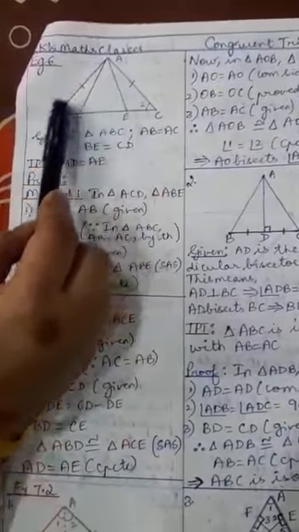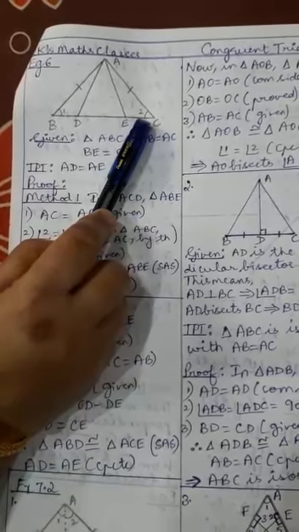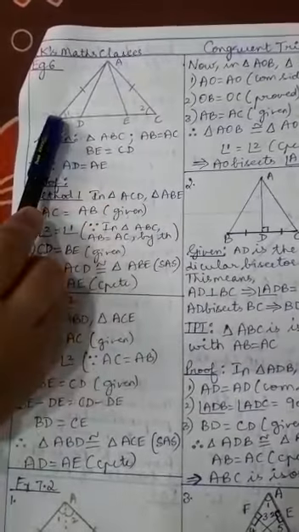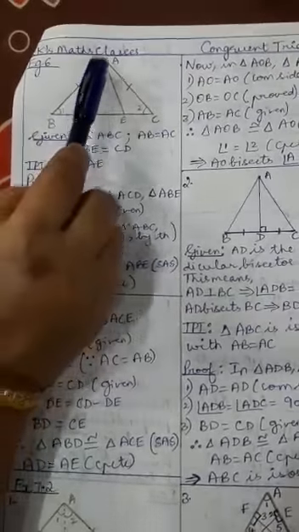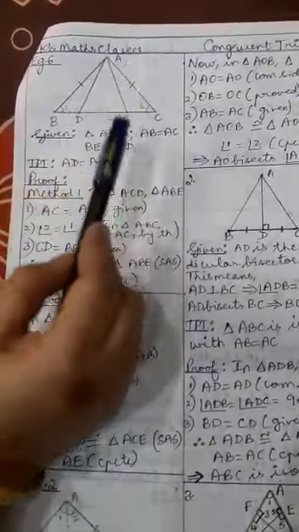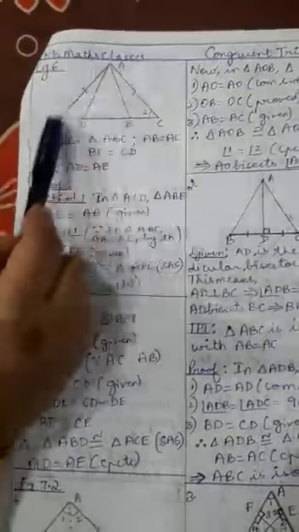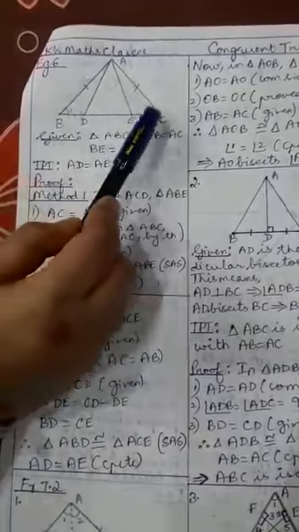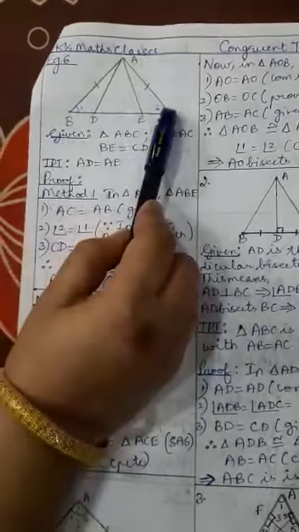So which is the angle opposite to AB? Angle C or angle 2. Which is the angle opposite to AC? Angle B or angle 1. I repeat, just see the triangle ABC without the line segments AD and AE to identify the opposite angles. So in triangle ABC, since AB equals AC, the angles opposite to AB and AC are also equal. So that gives us angle 1 equals angle 2.